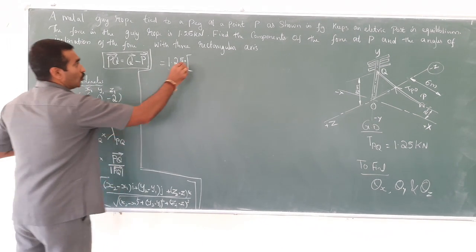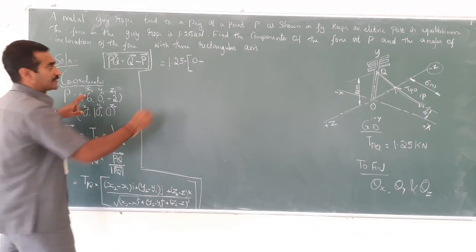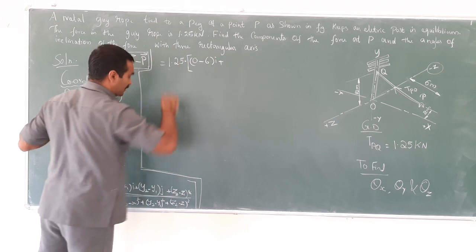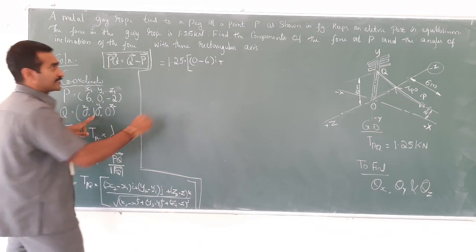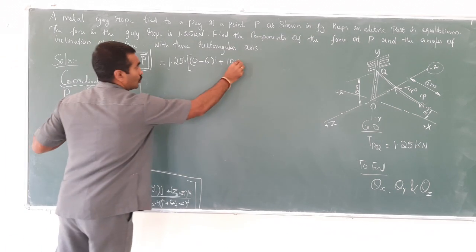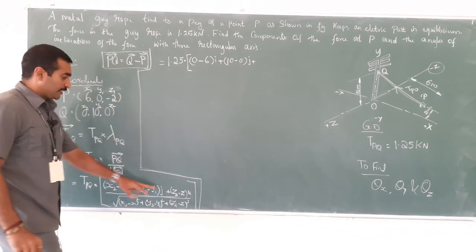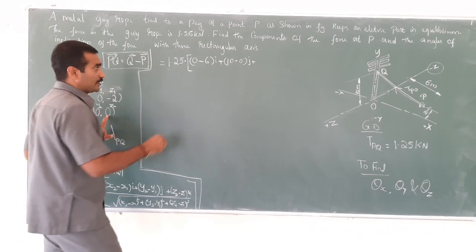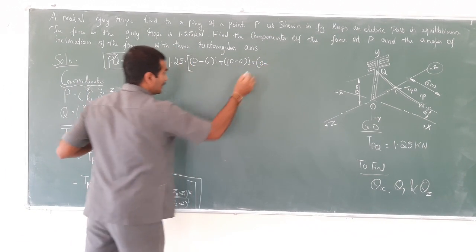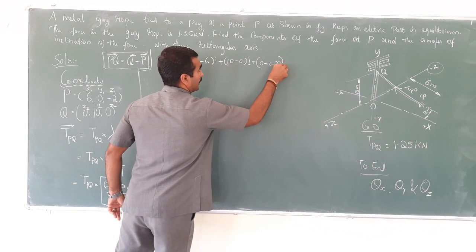X2 value is 0. 0 minus x1 is minus 6 i, plus y2 is 10, y1 is 0, j component, plus z2 minus z1, z2 is 0 minus 2 in k component,